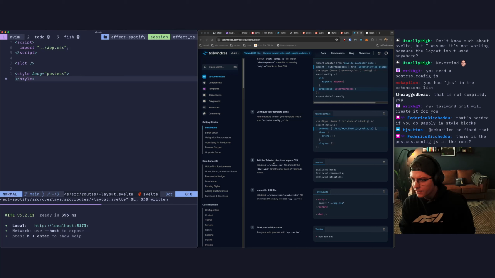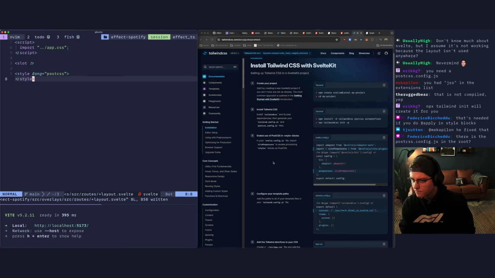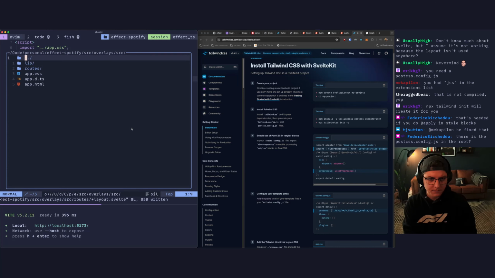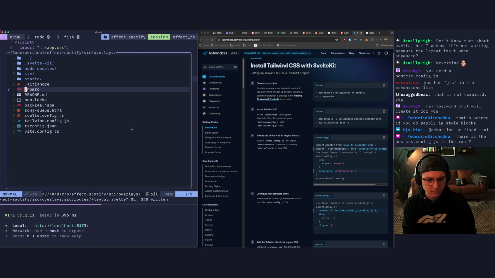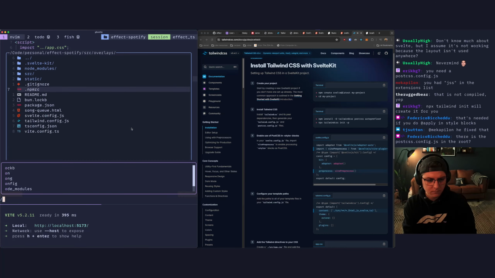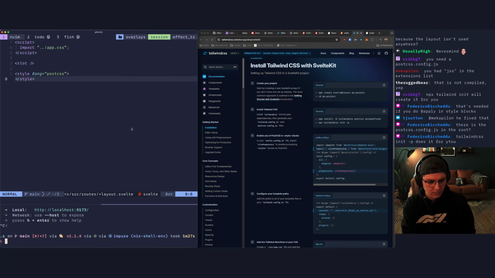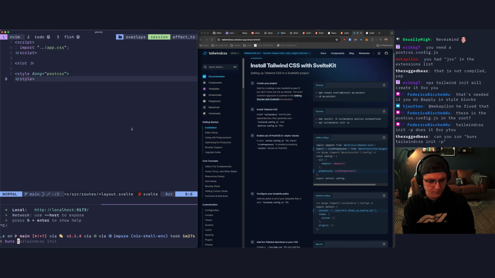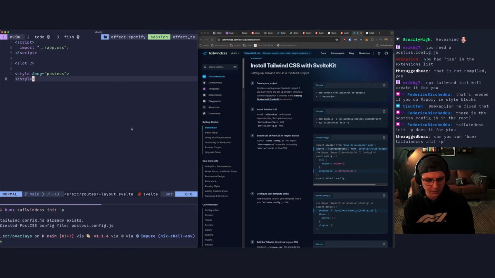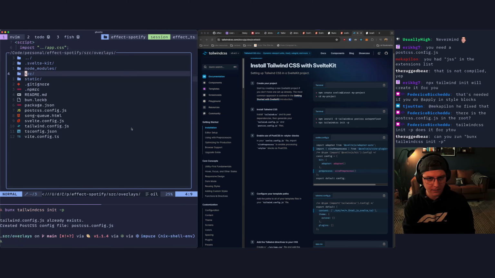There's not, but I don't know why it's not there. I ran that though. All right, there we go. Now we got the post CSS file.